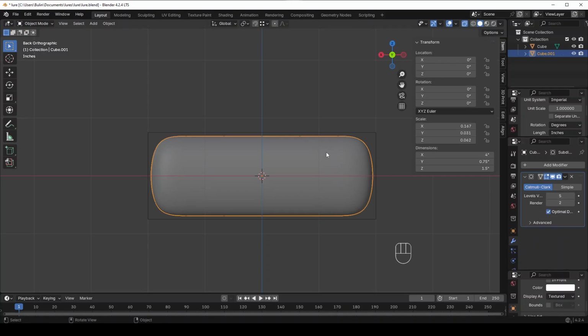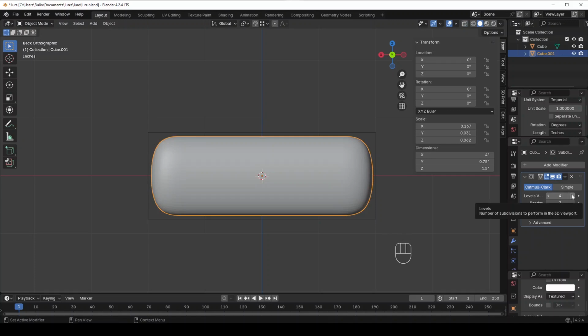If your object is white, you'll see that mine is gray. That's because I have up here this X-ray mode. It's Alt Z. This allows me to see through it. So if yours looks like this, that's okay for now. In a little bit, we're going to need to change it to look like that. Either way,